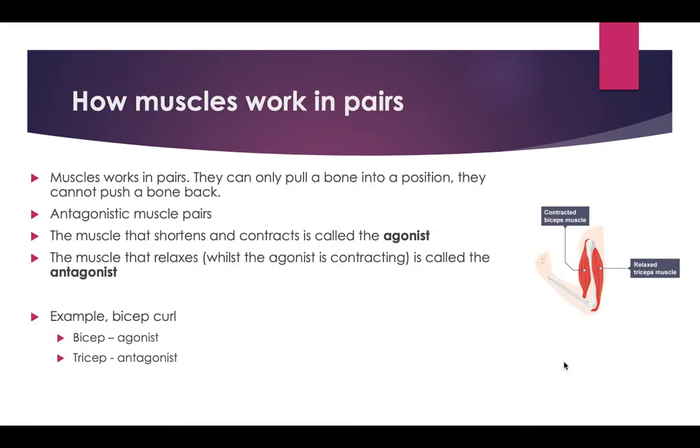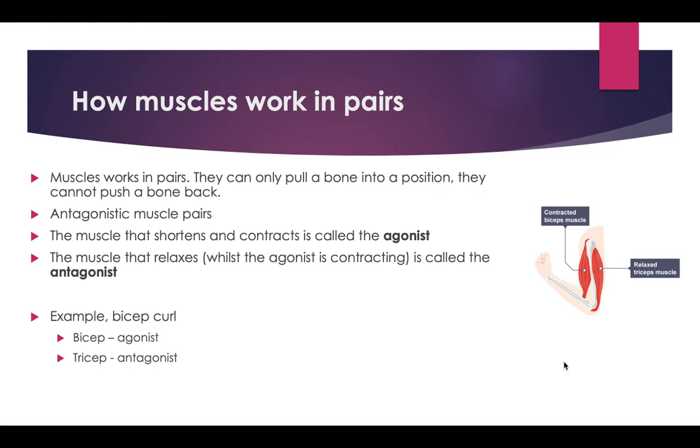How muscles work in pairs. Muscles can only work in pairs. They can only pull a bone into a position. They cannot push a bone back. So these are called antagonistic muscle pairs. The muscle that shortens and contracts is called the agonist, and the muscle that relaxes whilst the agonist is contracting